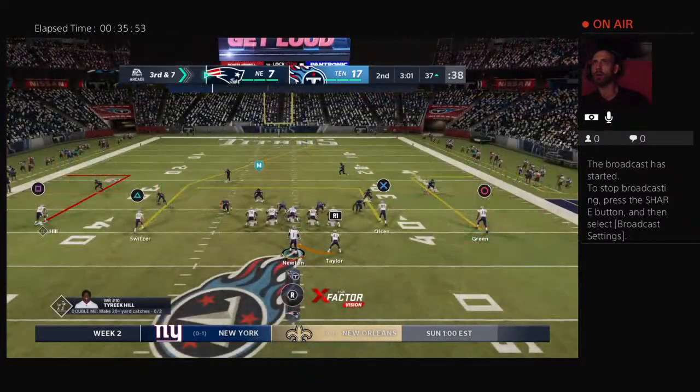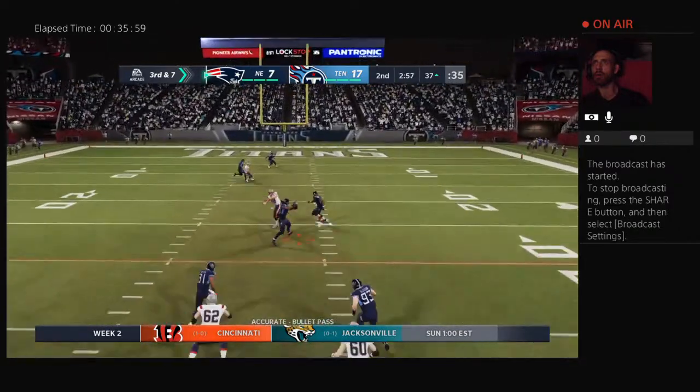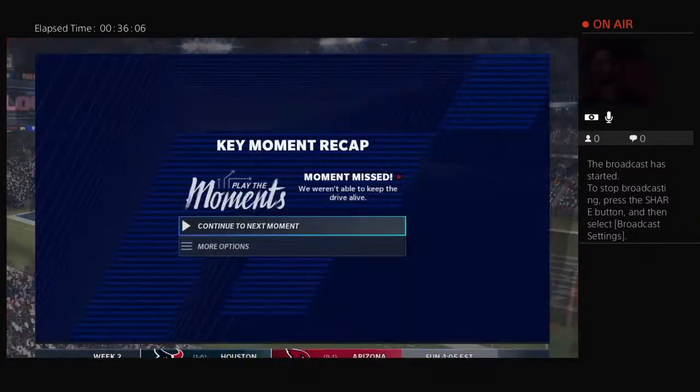Coming up here, this defense looking for a 3rd down stop in the 2nd quarter. Off play action, Newton. Defense holds up in coverage. So 2 3rd down conversions on the...